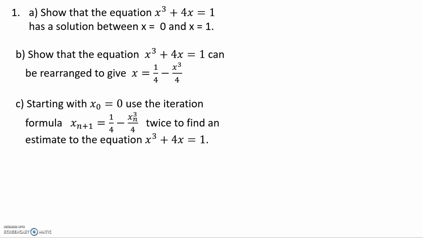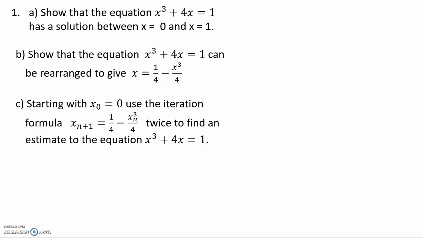Right, GCSE question of the week, week 19, and these are the higher tier only questions, so they're going to be tough. Okay, one is an iteration question. A, show that the equation x cubed plus 4x equals 1 has a solution between x equals 0 and x equals 1. Right, now there are a couple of ways to do this, but the safest way to make sure you get the marks is